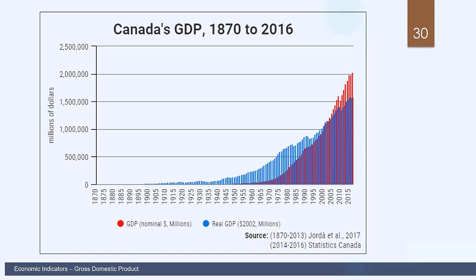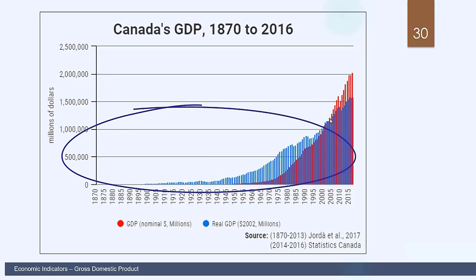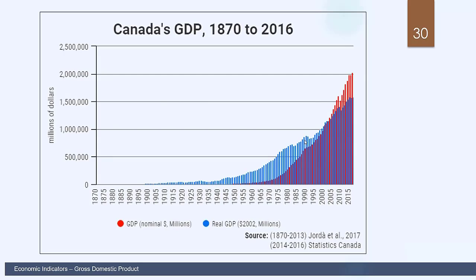Now, generally prices increase from year to year. There are some exceptions. For example, during a serious recession, we might see that prices actually fall, but for the most part, prices increase. So we can see here that after the base year, of course, we would expect nominal GDP to be greater than real GDP, and that's what we see here. But for years prior to the base year, it will be the other way around. Real GDP will be greater than nominal GDP.